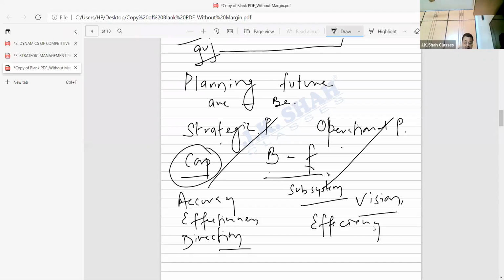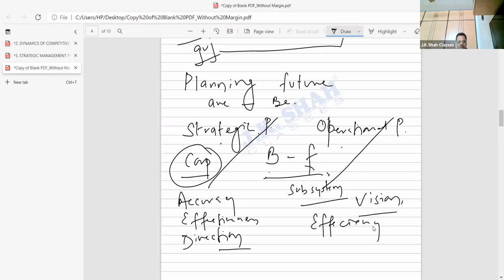I repeat, pay attention. I said planning, all that, but now the chapter starts: strategic and operational planning. Ratan Tata makes a plan, let us say for Tata Motors, a strategic plan. Then these people execute those plans on their level working in the company Tata Motors. Those plans will be operational plans. How effective Ratan Tata is in making that particular planning will prove how fast you're able to achieve your vision.